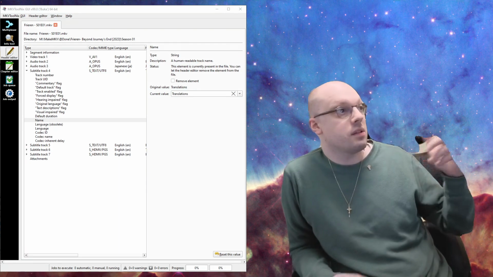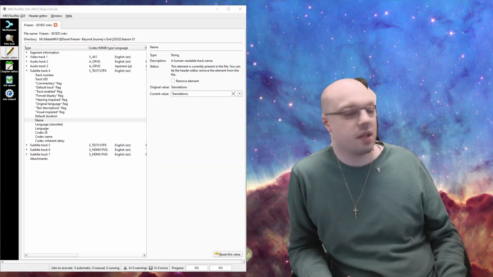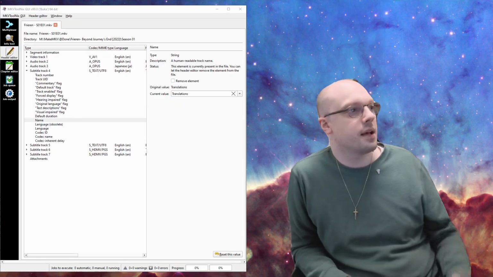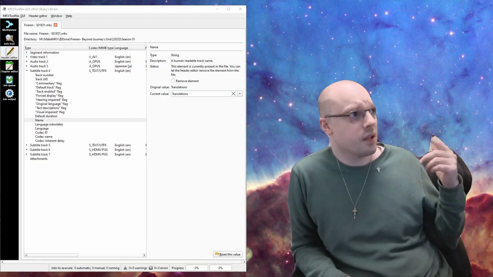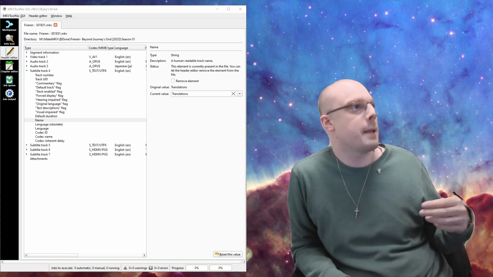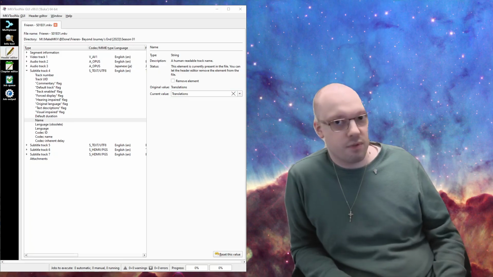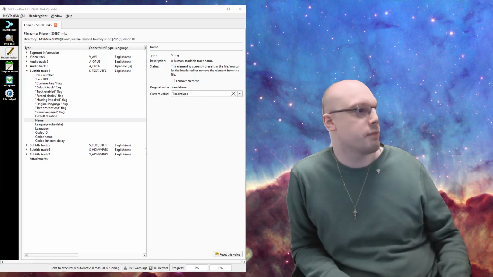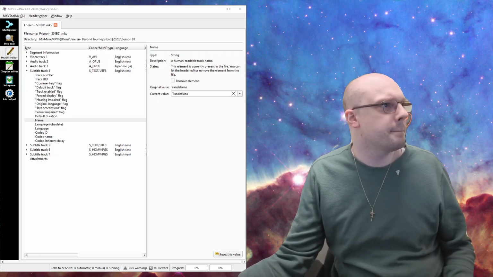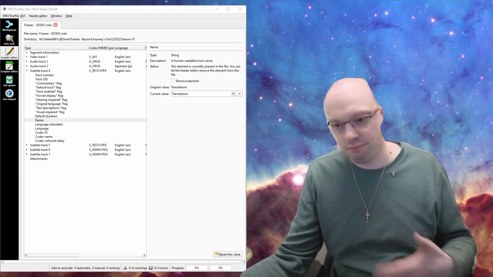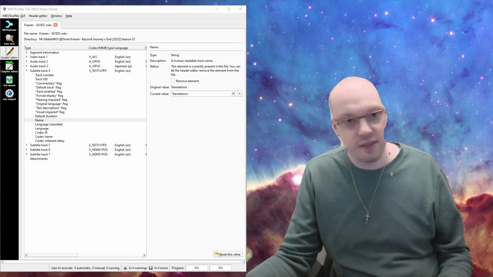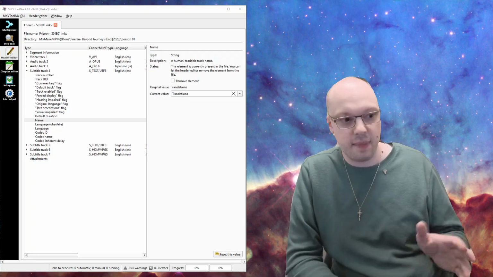You can change the subtitle track name, whether it is forced or not, whether it's a default track or not, and the language. You can change the audio track names in the same way. Segment information is where you can set the metadata title for the video, as I mentioned before. I tend not to look at the video track stuff, but in theory you can set a name there, but just set it for the whole video. So yeah, it's very nice, very simple. And the fact that you just edit the metadata, save, and you're done,